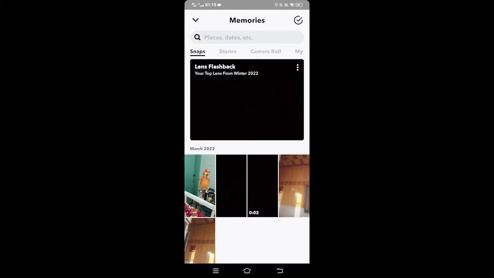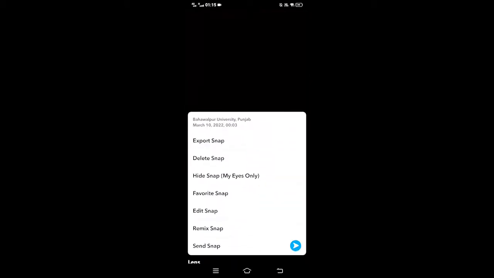First of all, go to your snaps, then tap on any snap, and from here tap on the three dots at the top right corner of your screen, and you will find remix snap right here. But still, if you don't find this option right here, simply go back and open your Play Store